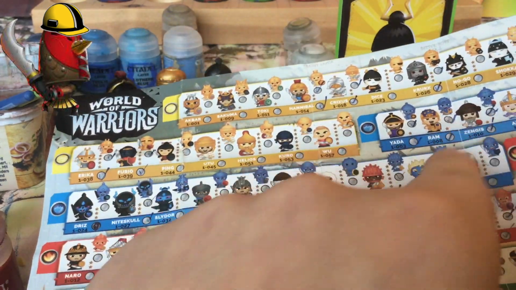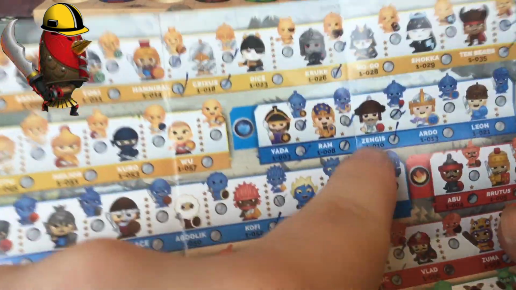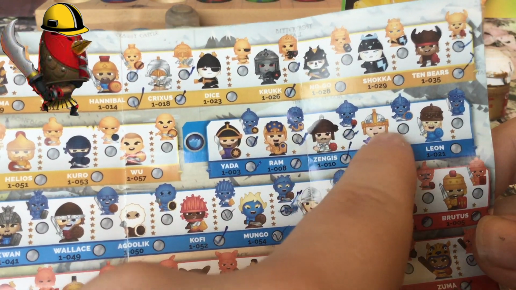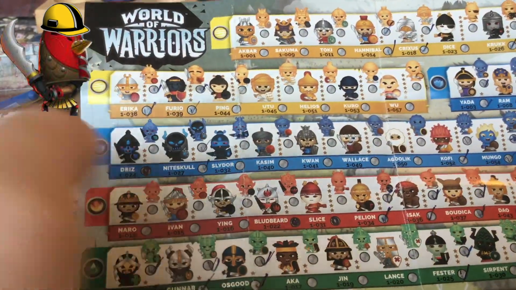I reckon I can do Ardo. I don't know if you can hear. I reckon I can do Ardo, because if you look, he's very similar to Zengis. He's got a round shield and the hat looks quite similar, but I'm not sure. I do want to do a Malik. I'm pretty sure I can do a Malik, as well as the fact that this is one of the things